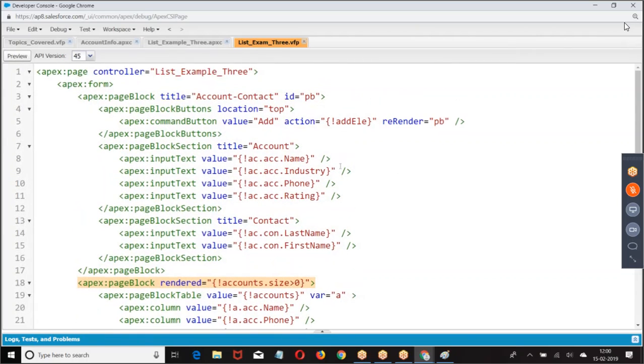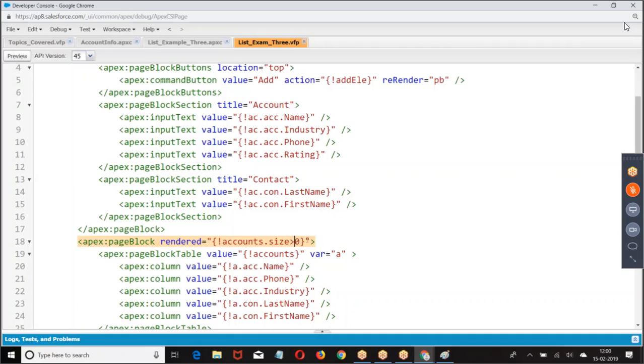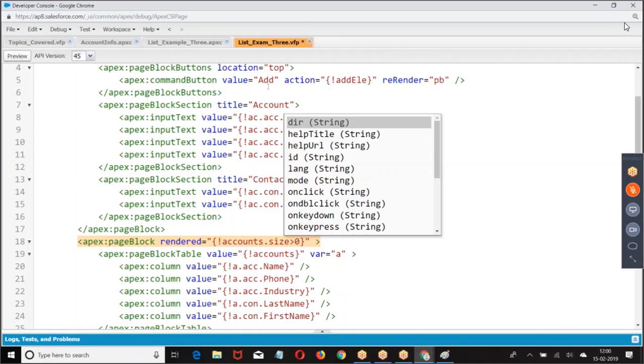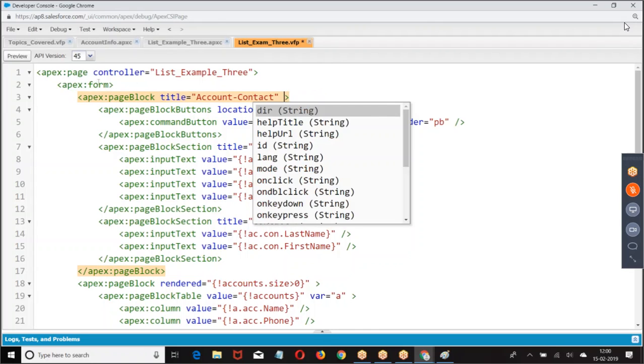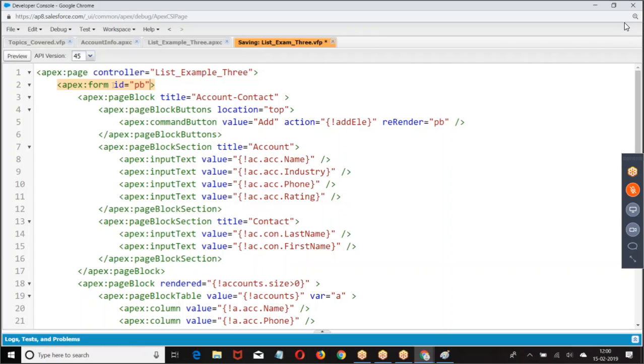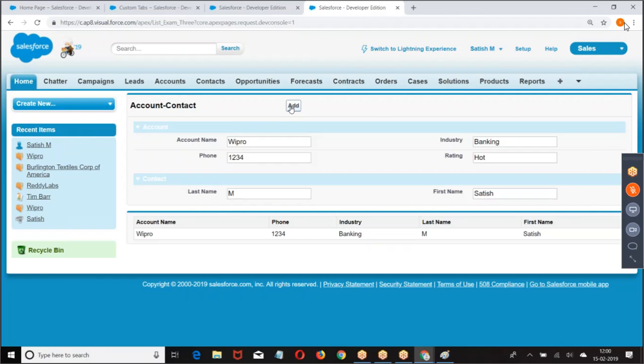Render PB rendered when account dot size is, because I am only refreshing the page block because I have taken two separate blocks. Entire page has to be refreshed. This is how we are getting.